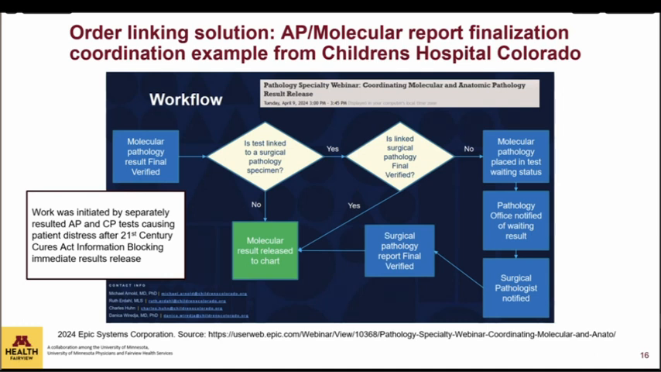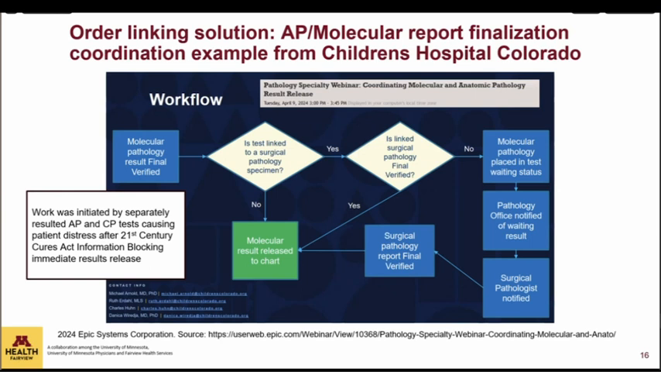And this work really came about because after the 21st Century Cures Act information blocking legislation went into place, they were hearing reports of distress from patients. In their system, it was typical for the molecular pathology result to be finalized first, and then this would flow to their patient portal, MyChart, and the patients would read it without the context of the surgical pathology report. Because the surgical pathology report was not released yet, the clinician couldn't help put the context of the entire picture for the patient. So they coordinated this with their 21st Century Cures Act governance body and got a plan in